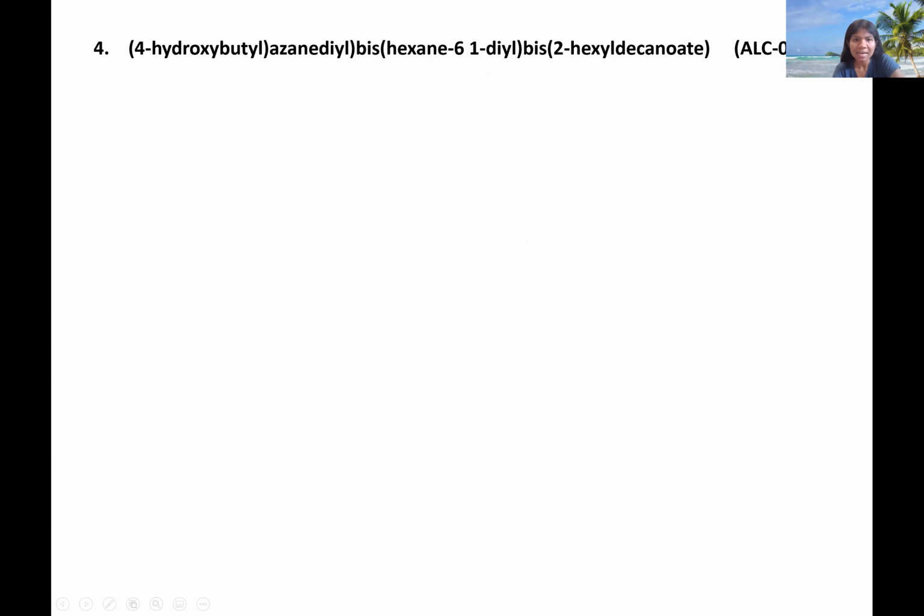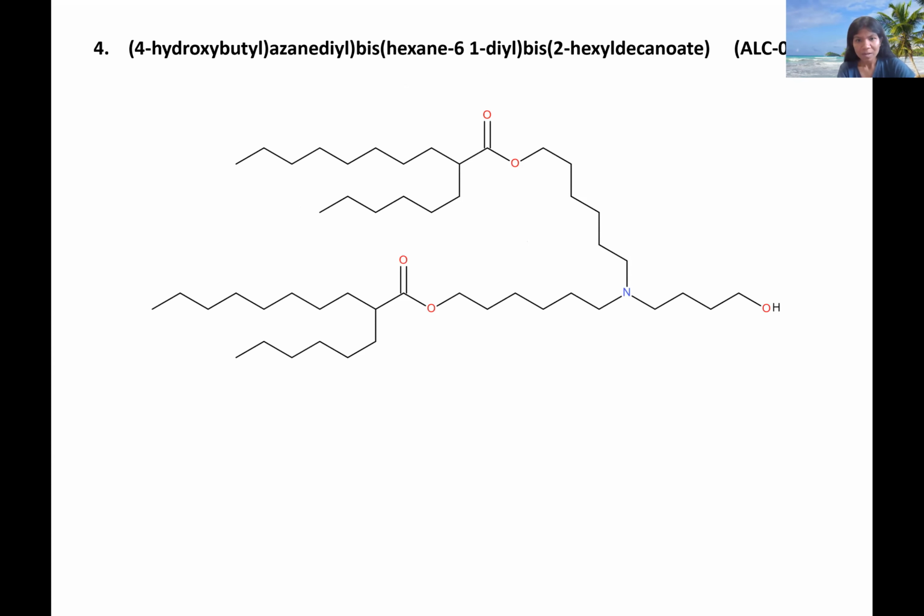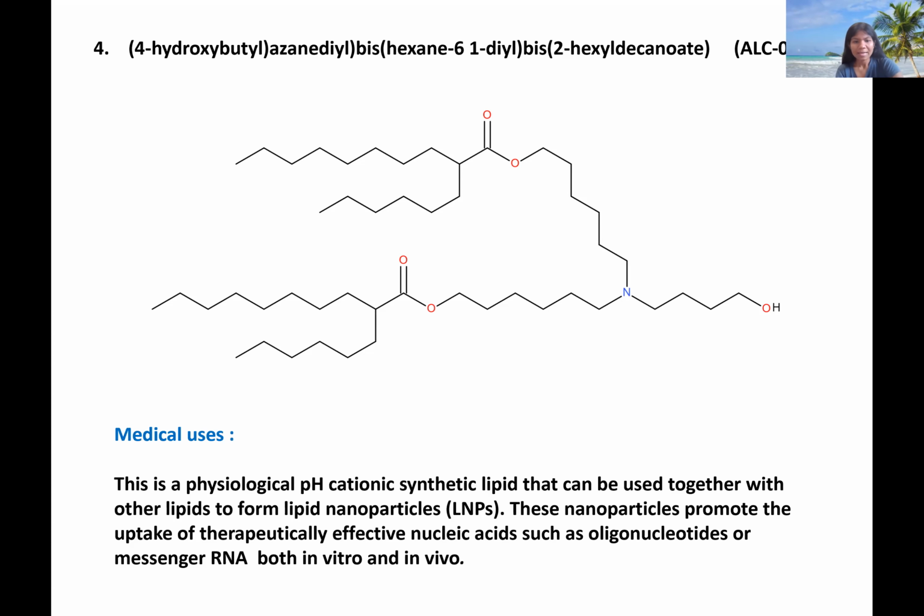4-hydroxybutyl azanediyl bis hexane-6,1-diyl bis 2-hexyldecanoate. This is briefly known as ALC-0315. So this is the chemical structure of that. Okay, and the medical use of ALC-0315 is that this is a cationic synthetic lipid that can be used to